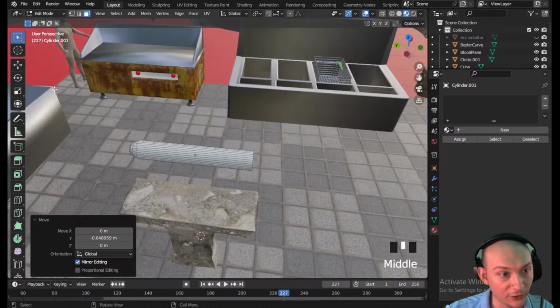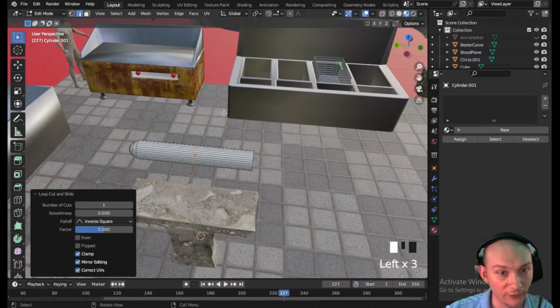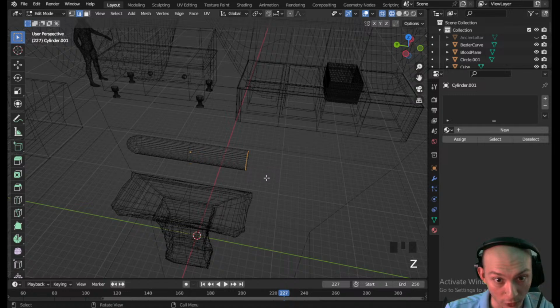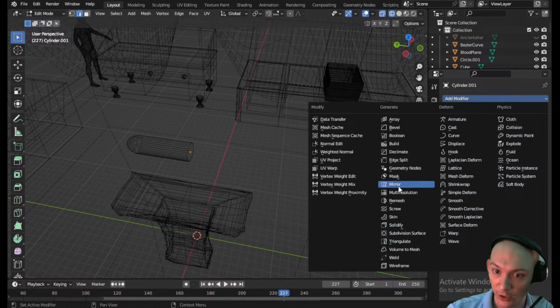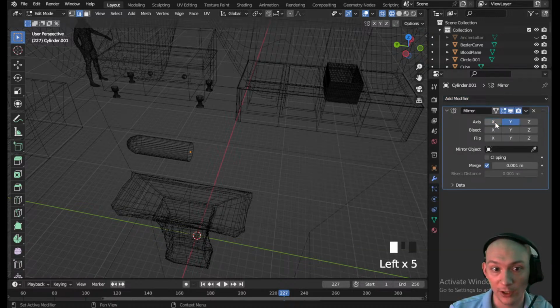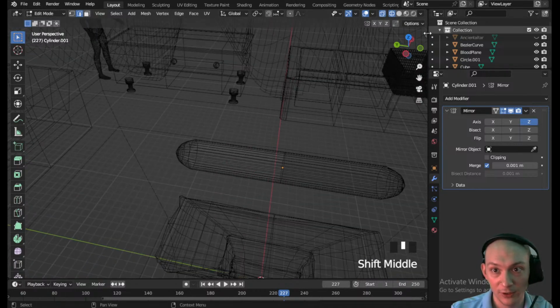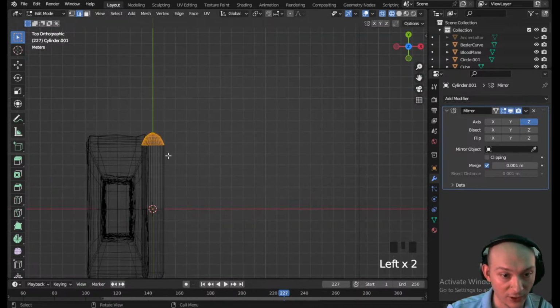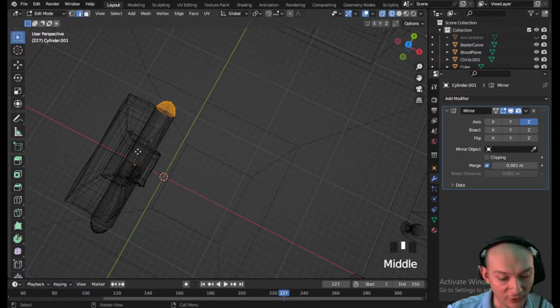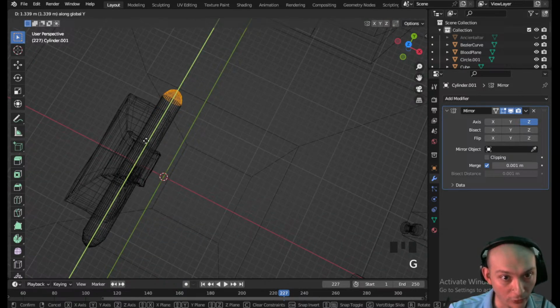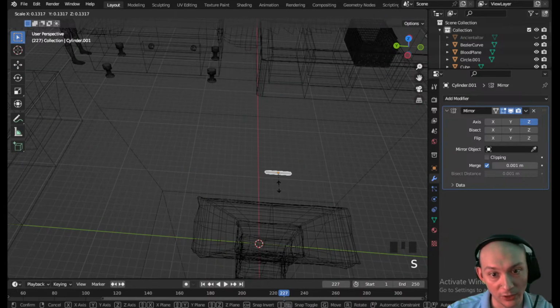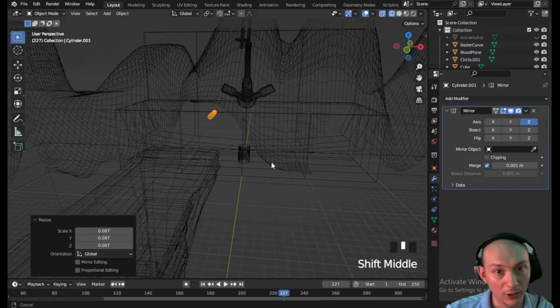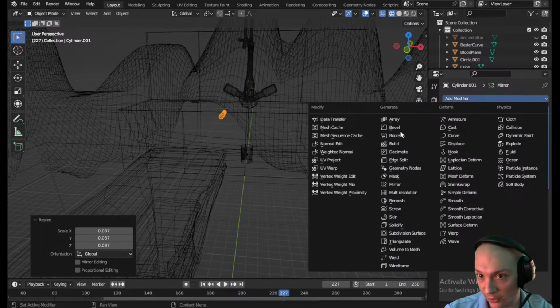So now we have a hot dog shape, and we can cut this in half and mirror it on both sides to do half the work. So we'll delete the vertices, and then we'll go here and say add modifier, and we'll add a mirror. That'll be on the Y, maybe it's on the Z, I guess. And then, is that hot dog length, or do we need to make it a little longer right there? Looks good. And then we need to shrink it down to what a hot dog would be, so probably about there. Then I'm going to add another modifier of an array,